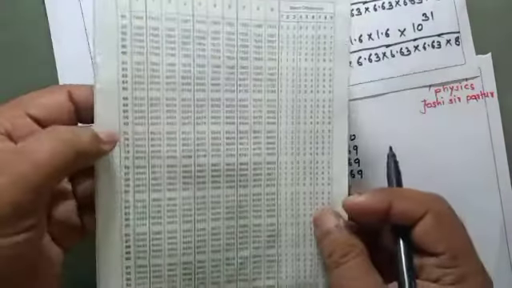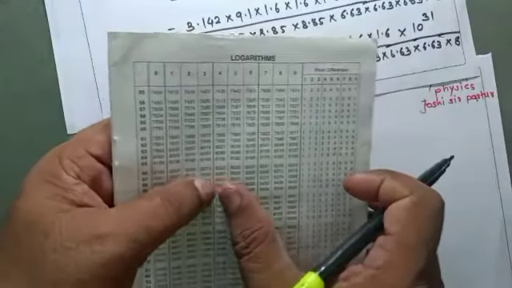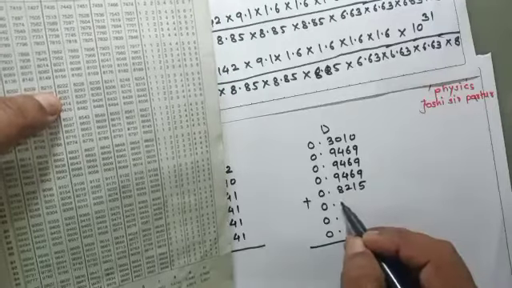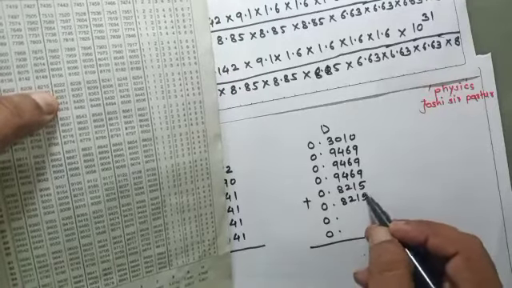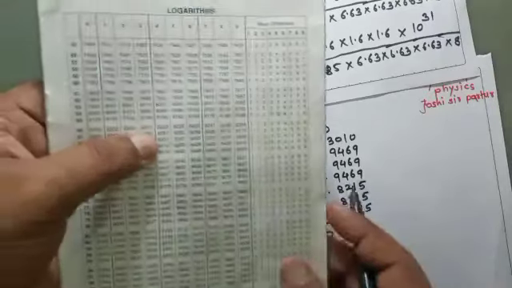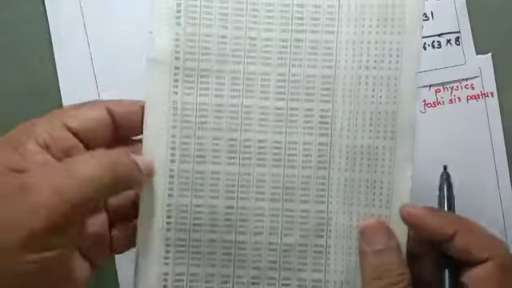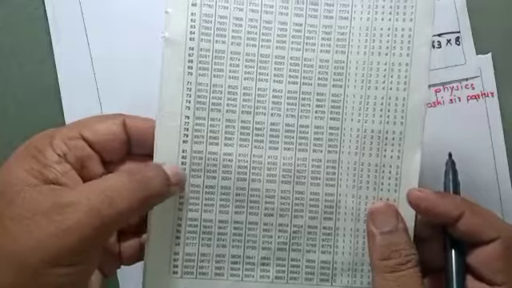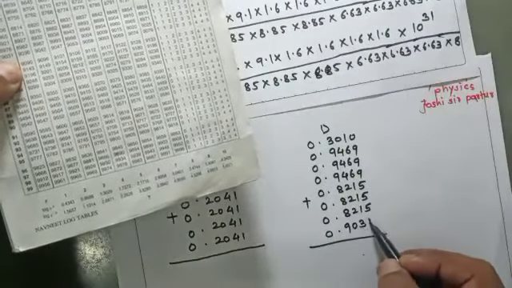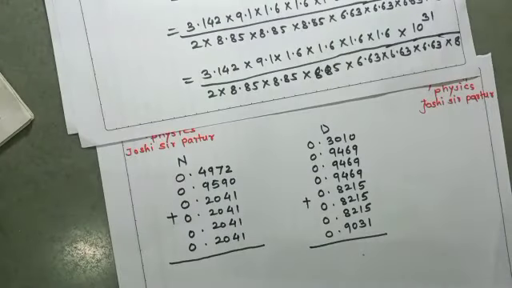66 in 3, that is 8215, 8215 1 time, 8215 2 times, 8215 3 times, and 8 means 80, that is 9031. So when we add